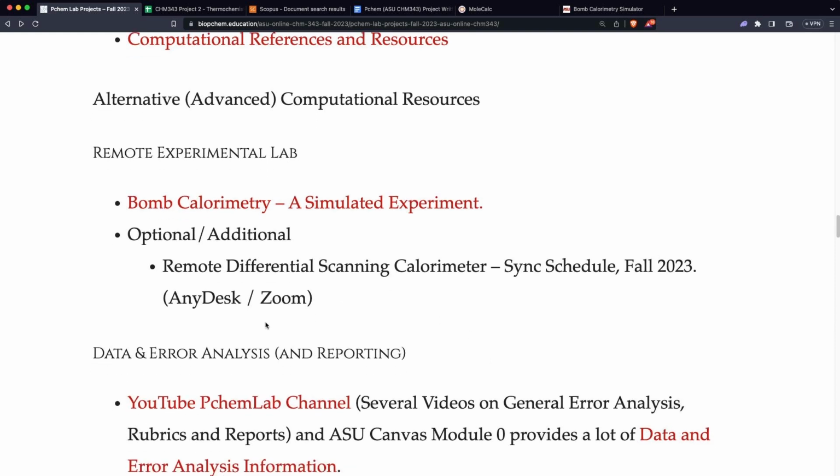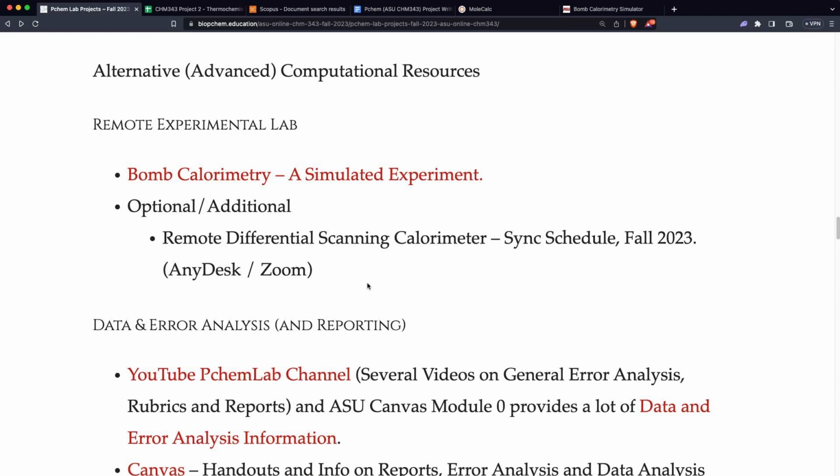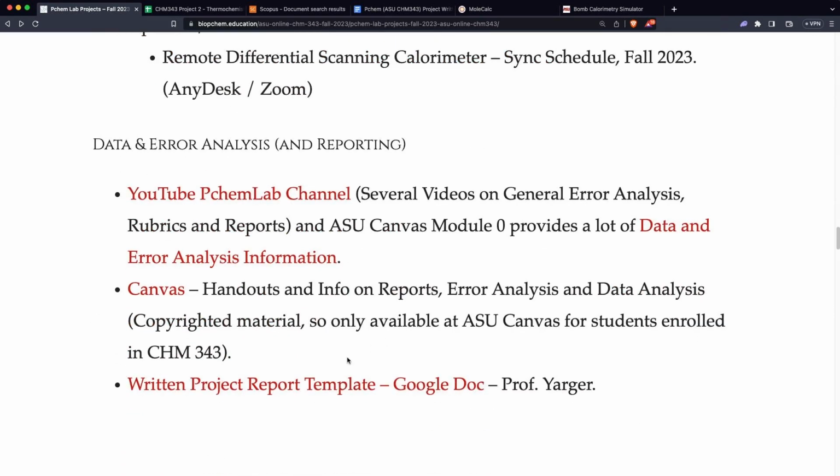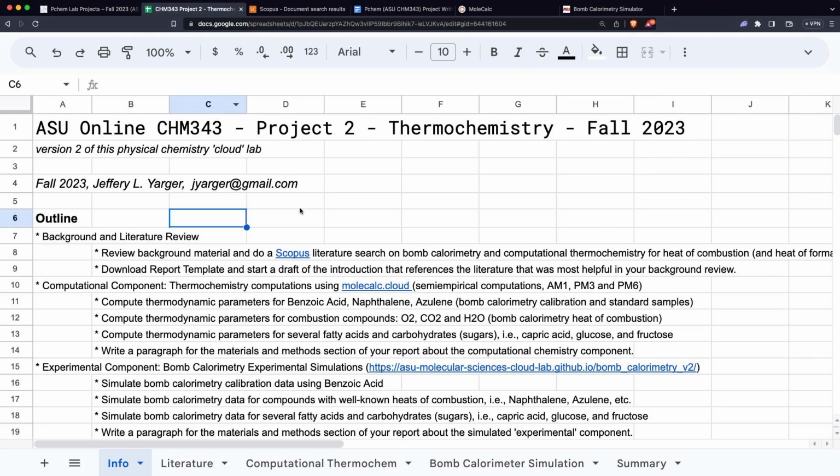And then putting both the computational and simulated experiments together, doing data analysis, error analysis, and we provide a report template for students to be able to download here. So I've summarized an overview of this in a Google Sheet, and let's go through this step by step to see the various components and the workflow that students will generally take to complete this project